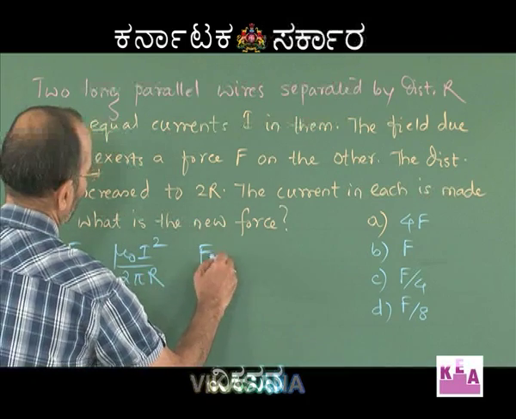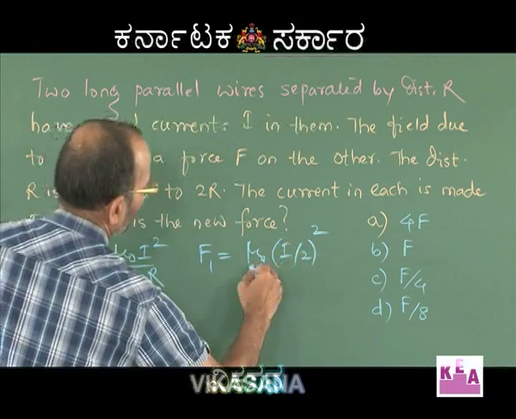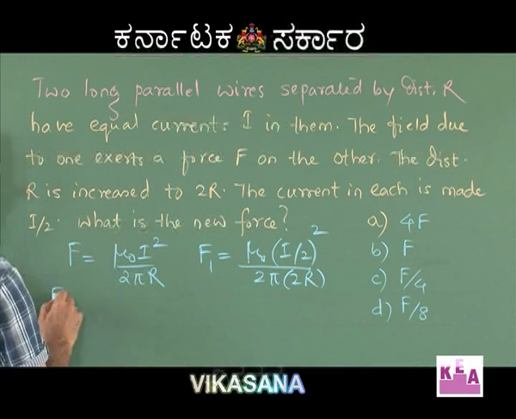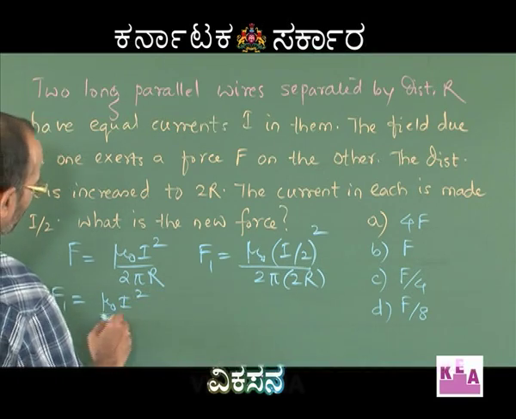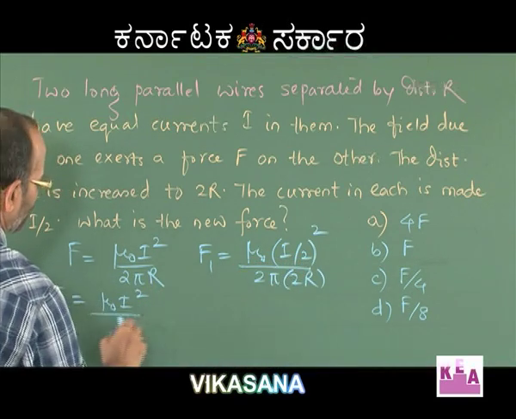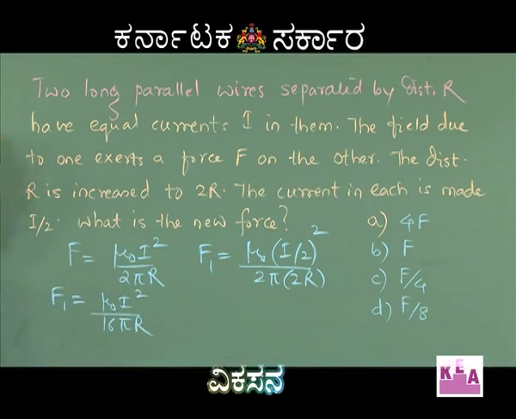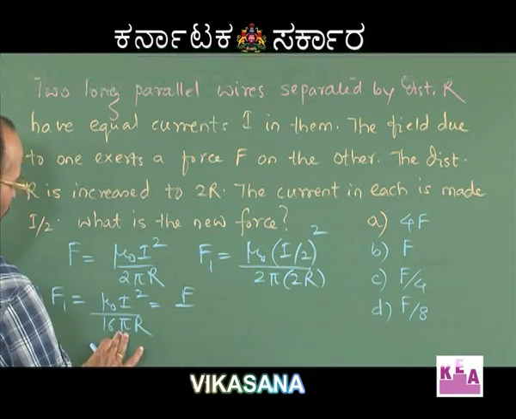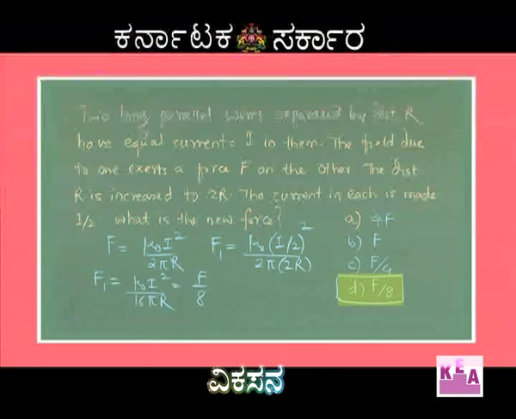So, the new force F1 will be mu naught. Instead of I, I have written I by 2 whole square and then divided by 2 pi. Instead of R, I have made 2R. So, that makes F1 as mu naught I square divided by 16 pi R. See, this is 4, 8 and 16. So, 16 pi R. Out of this, mu naught I square divided by 2 pi R was F. So, this will be F divided by 8. So, F by 8 is the right option there. Therefore, the correct answer is